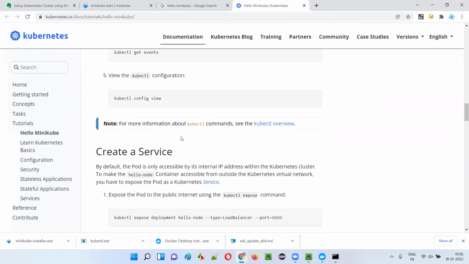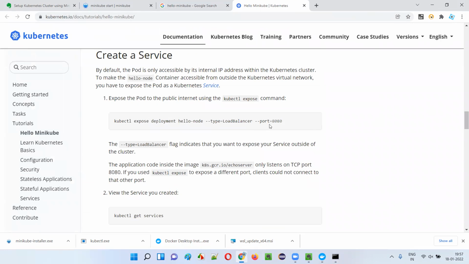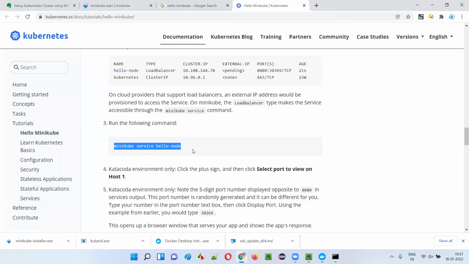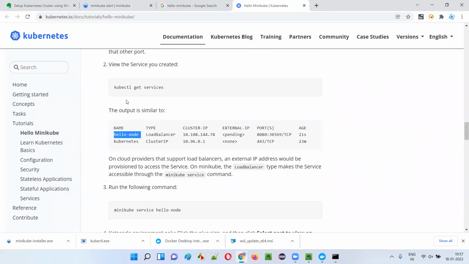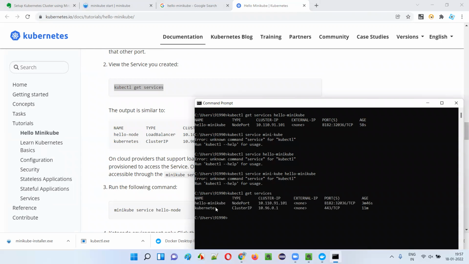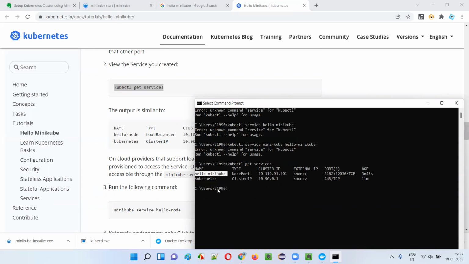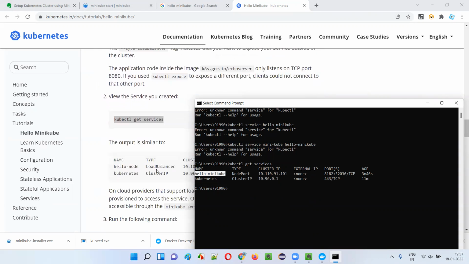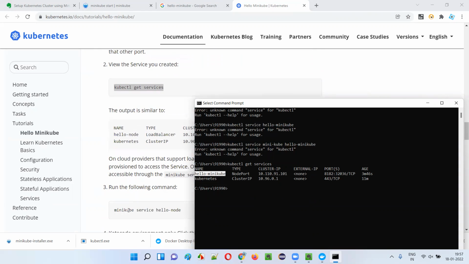Deployments, get pods, okay, get events. A lot of things are there. We exposed it. That's fine. Get services. kubectl get services, let's say first. Then we got this, hello minikube is coming here, right? Okay. Then I have to simply say kubectl